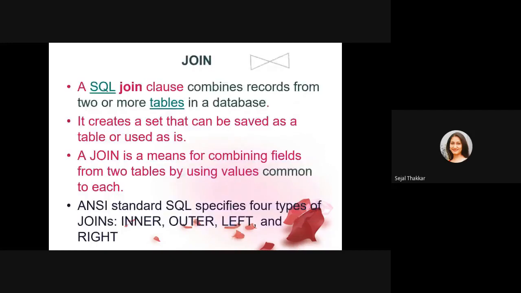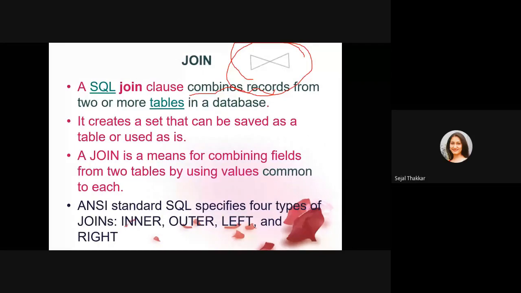Okay. The next operator is the join operator. Its symbol is like this kind of dumbbell. Join is used to combine two records from the table. Now the question is why we are using join. Types of join are inner join and outer join. The types of outer join are left outer, right outer and full outer. There is also theta join, which is based on a certain condition. Let me explain one by one.